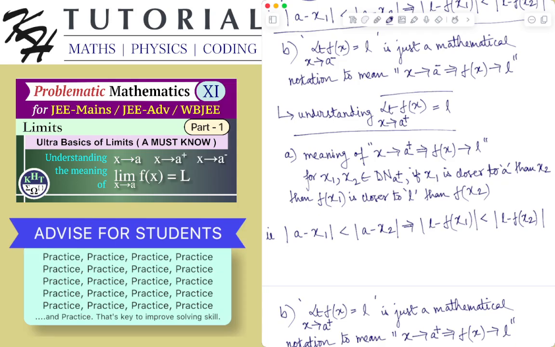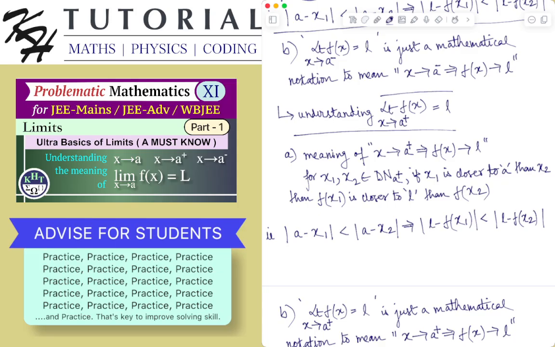So what does it mean? In this case, if we are considering any value of x which is just a little more than a, which means any value of x in the deleted right neighborhood of a, that is N'(a, δ) plus, which means nothing but any value of x which is greater than a and less than a plus delta. So if you consider any two values x1 and x2 which are just a little more than a,